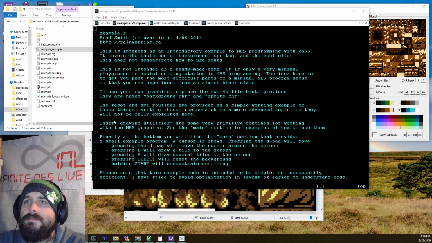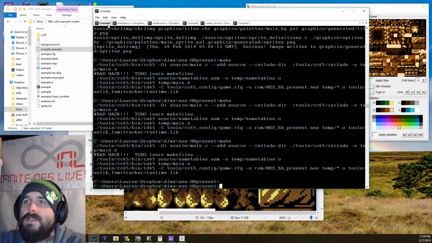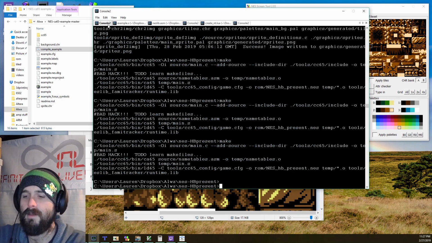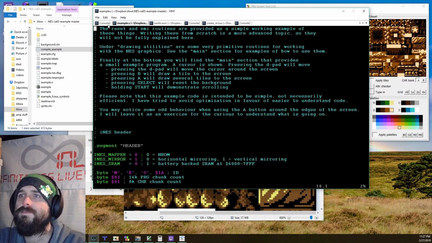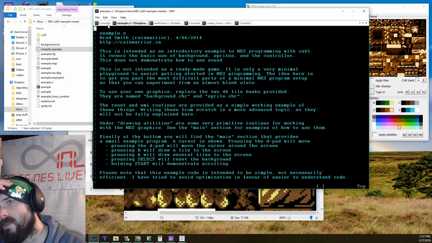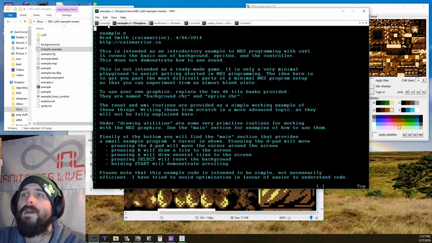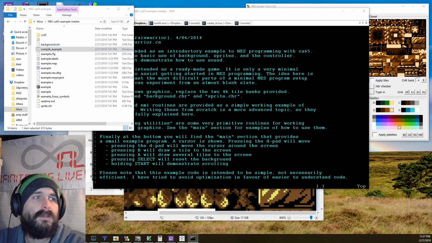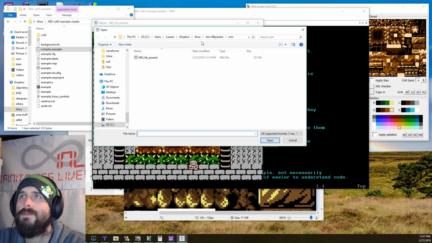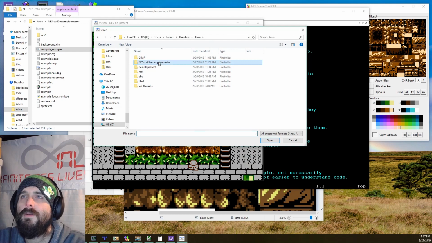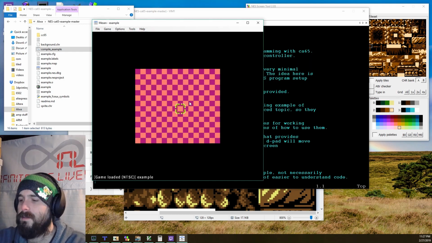We are using Brad Smith's CA65 example. I'll link to it in the YouTube notes. He's just got this little bat file to build it. And so